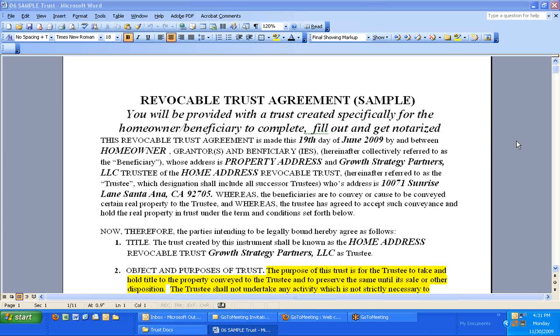What I want to do in this video is simply go over the protections for the homeowner that are included in the trust. We'll have a paperwork video later where we'll go over all the signatures and the notarizations that are needed in the trust as well as the other documents. So hopefully you have a trust in front of you, but if not, follow along with this and request a sample as usual from